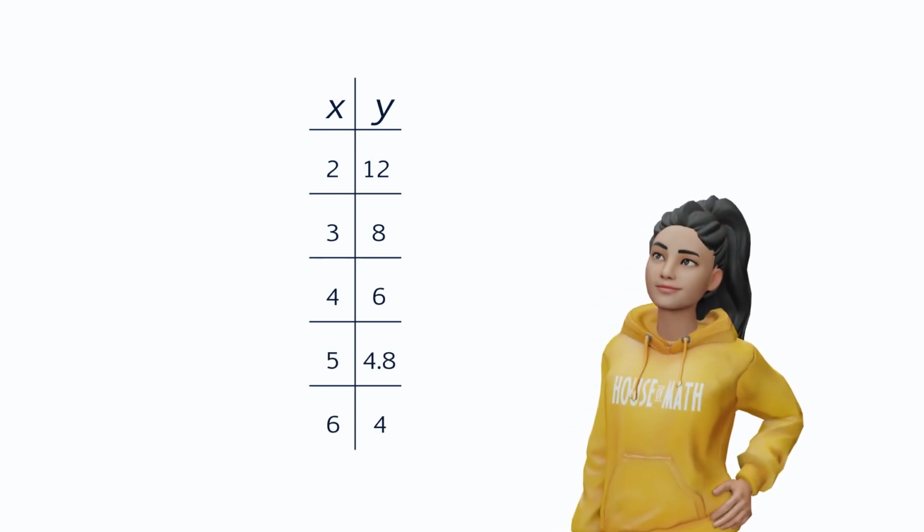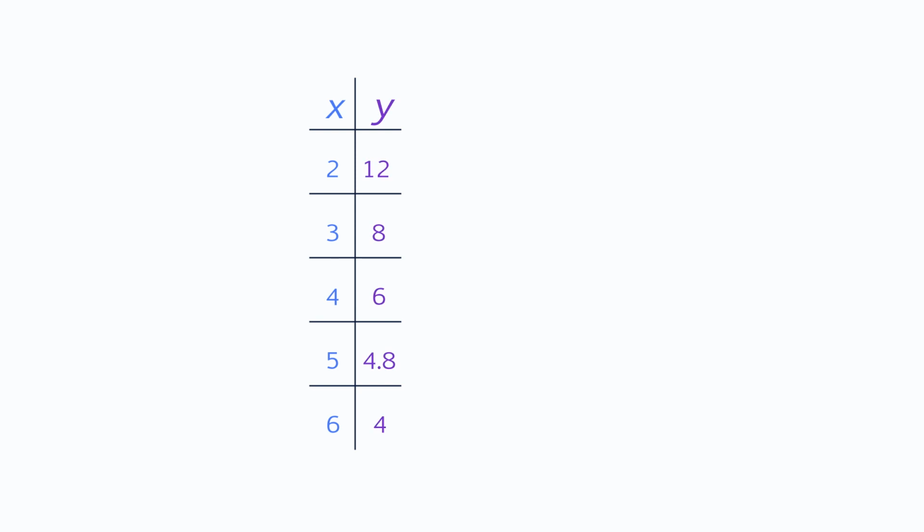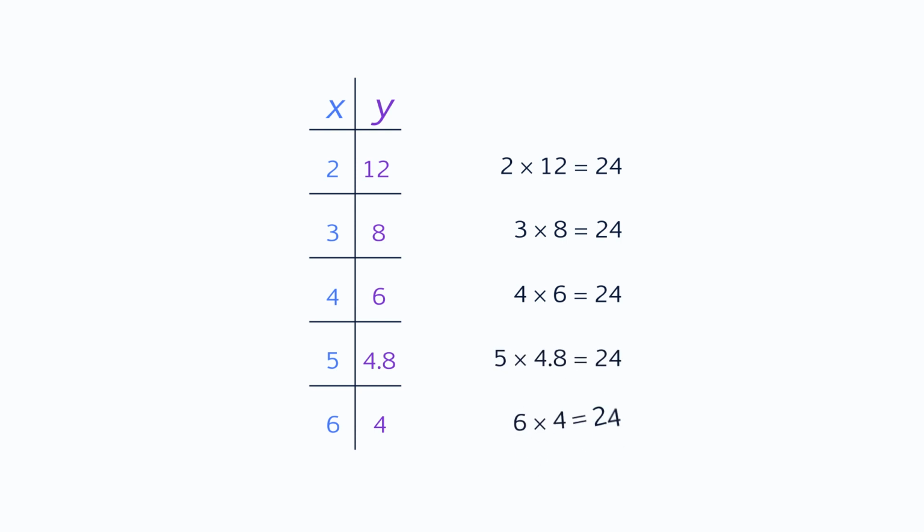You are given the following coordinates from a function. You want to determine if this is an inversely proportional function. Start by multiplying all the x values by their corresponding y values. If you get the same constant each time, it is probably an inversely proportional function. Since you get the same constant, 24 in this case, for all the coordinates, this is probably an inversely proportional